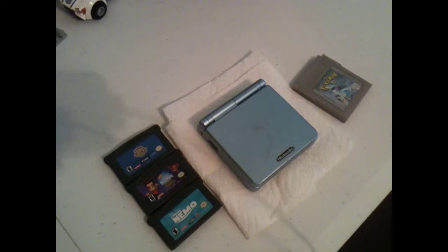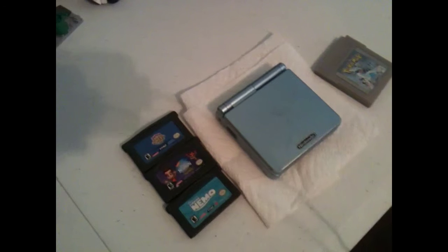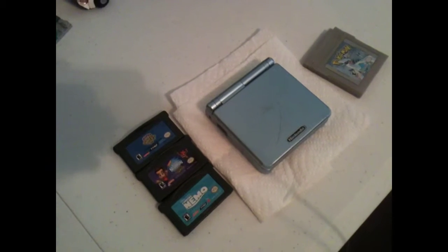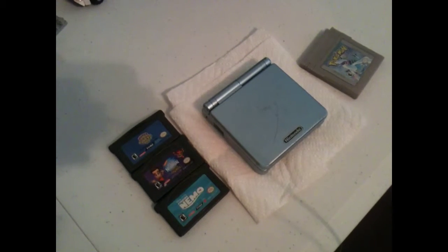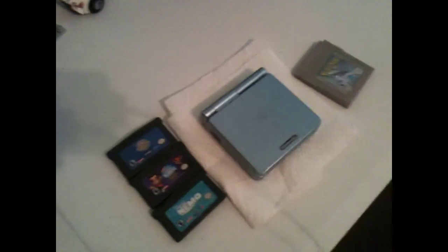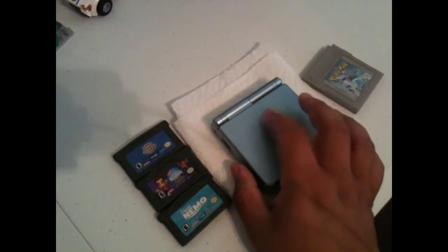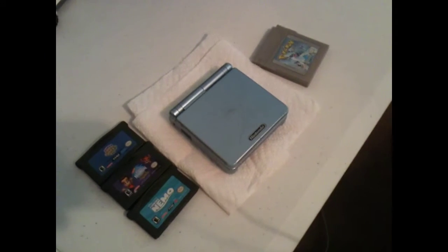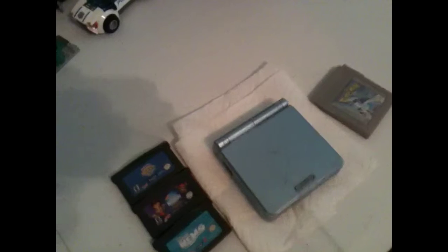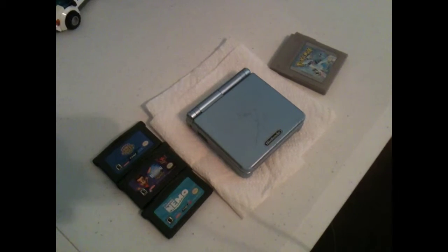If you look on Craigslist or eBay, you could find them. On eBay, in this condition, on bids, you're looking at $20 to $29, depending on the color too. A lot of people like the flame red, which is a nice color, but it's very subtle. I remember when I got my SP, a couple months later I'm like, what the heck? They have another one, with a brighter screen. I'm like, that's so dumb. But actually, if it was between the AGS-101 and the 001, it's hard to say, but